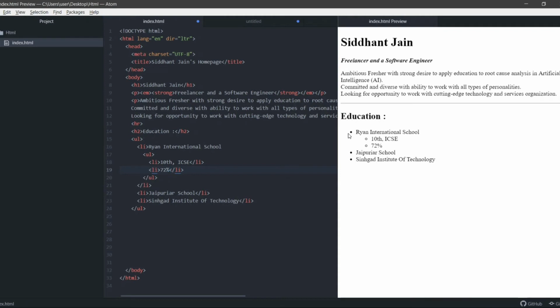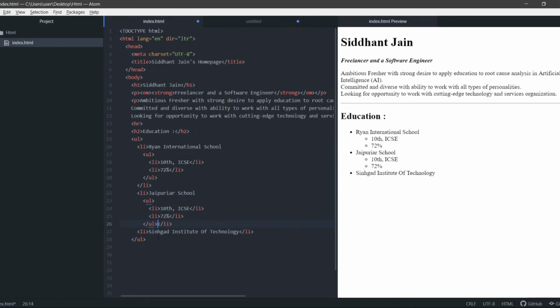First, this is a circle when we used the first ul tag, and this is the next circle when we used another ul tag inside the ul tag. So this is called nested ul tags. Now similarly we'll add this ul tag to the other two also. I'll add this inside this.